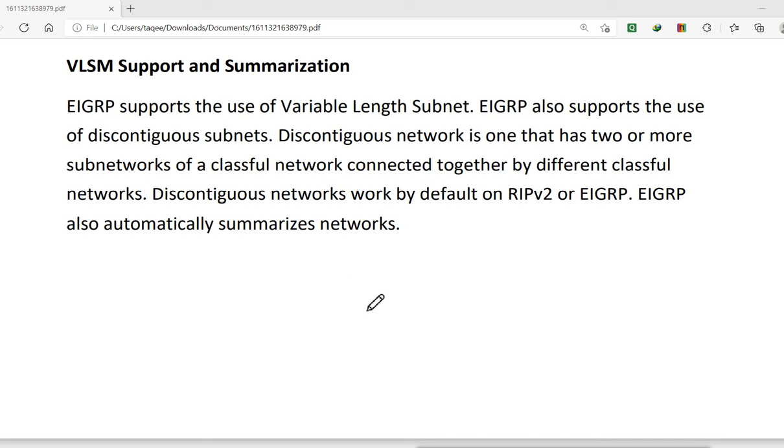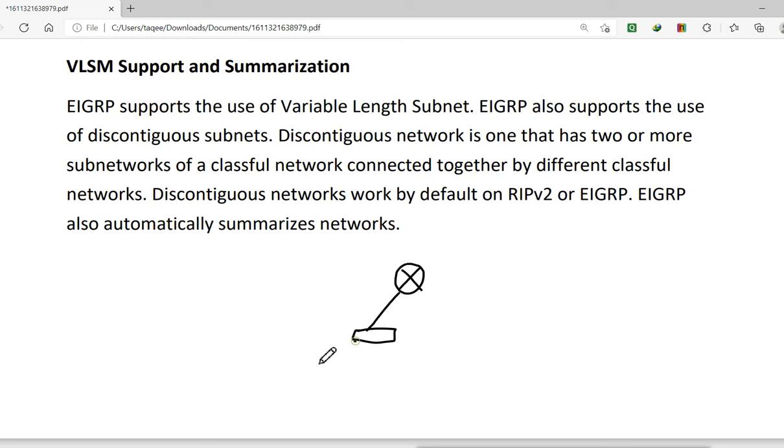It is sometimes important because, suppose we have created a network like this. We have one router here, and on this LAN side we have a LAN network.